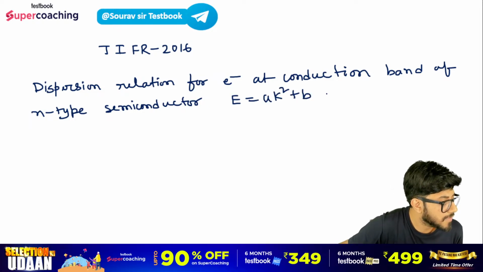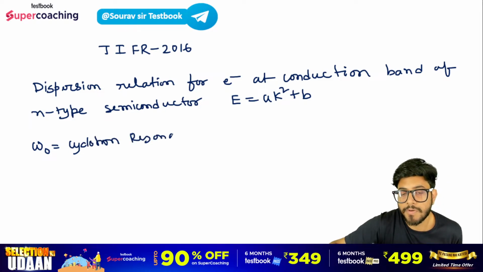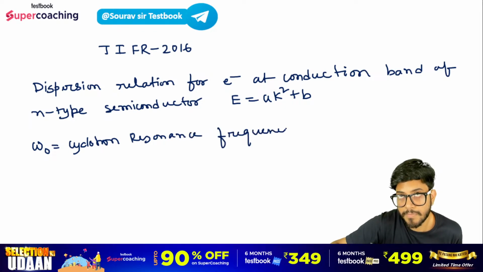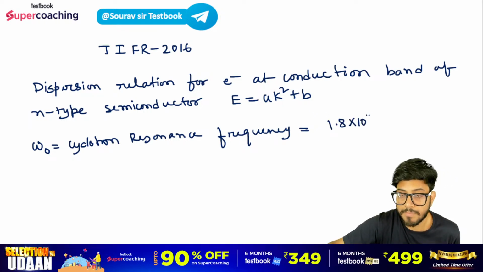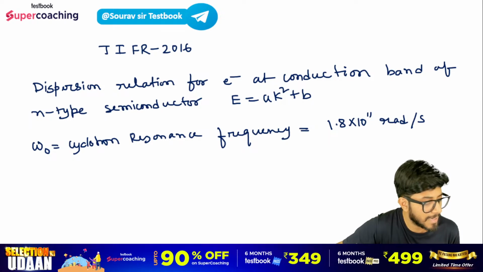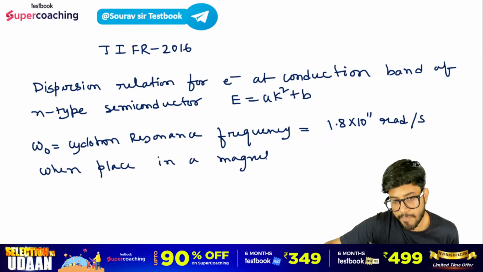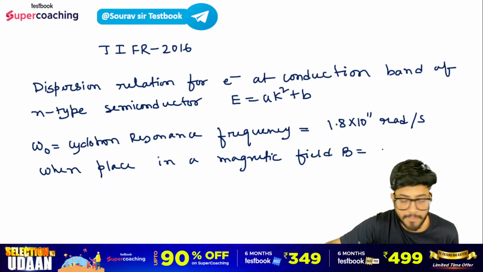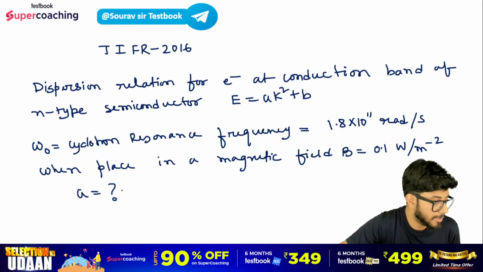ये कहा गया है। It was observed that the cyclotron resonance frequency of the electron omega naught, जिसको हम कहते हैं cyclotron resonance frequency, ये तेरा आता है बेसिकली 1.8 into the power of 11 radian per second, when placed on a magnetic field B equals 0.1 tesla। बोला है A का वैल्यू क्या होगा, What is the value of A, ये पूछा गया है।